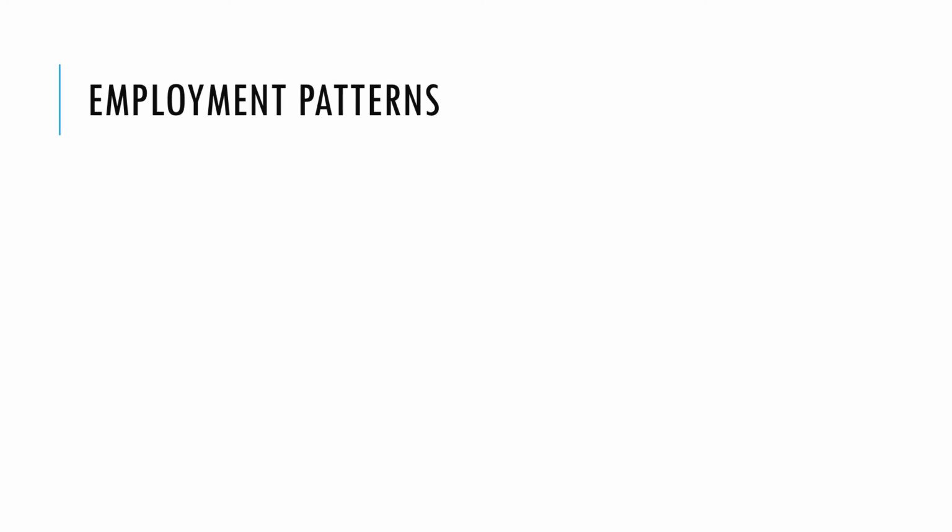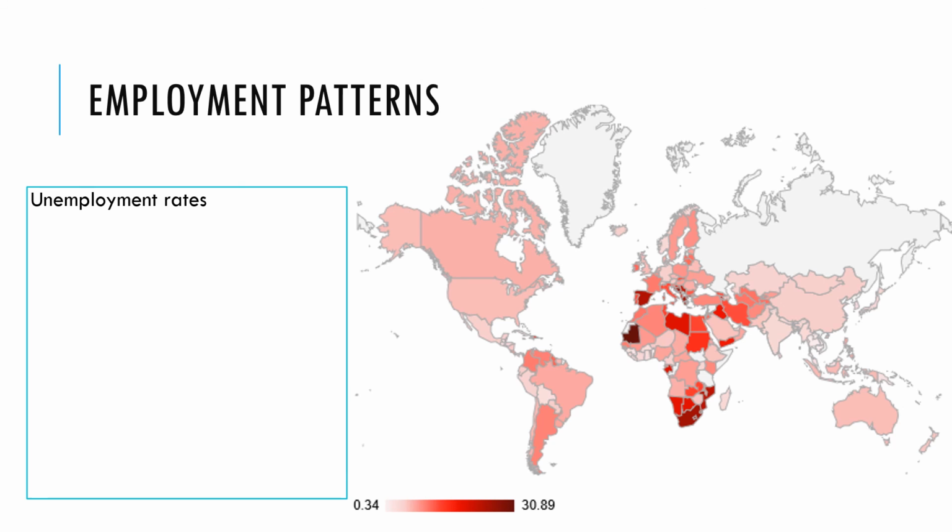All of this process of globalization and this emergence of these emerging economies have had impacts on employment patterns. If we have a look at unemployment rates around the world, we can see potentially higher rates of unemployment in Southern Europe, for example, than in many emerging economies like India, China, and Russia. And so this relocation of employment that we've seen over the last decade has had an impact.